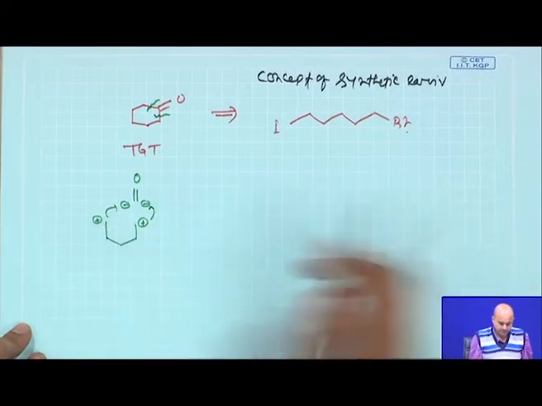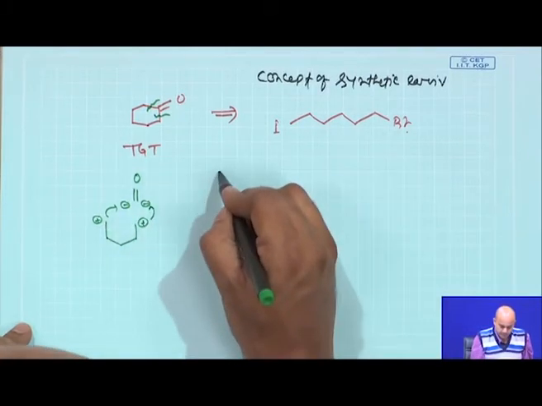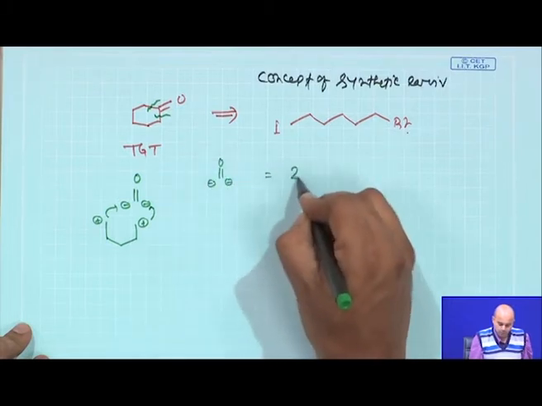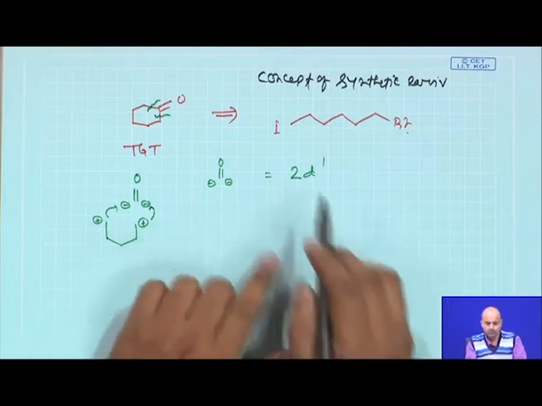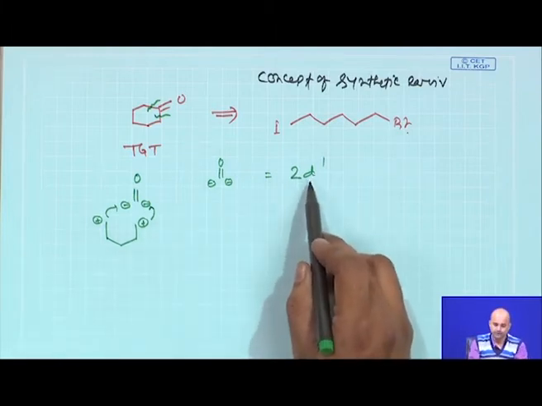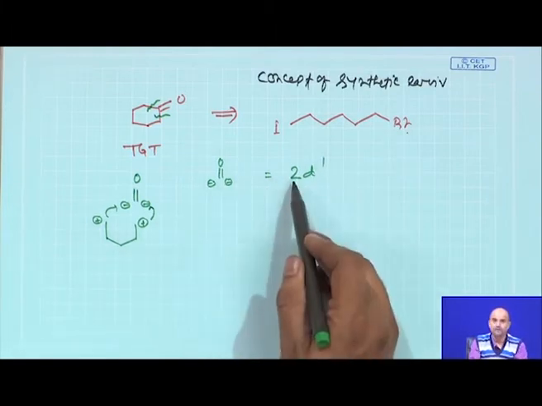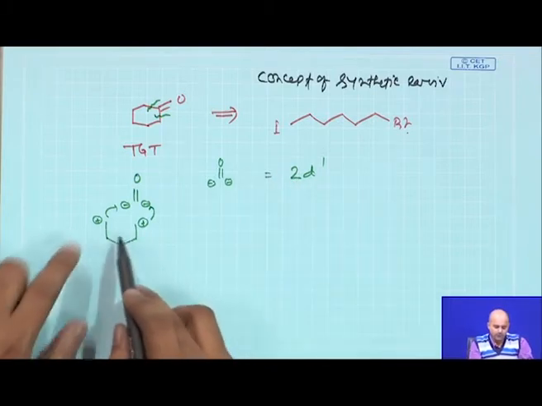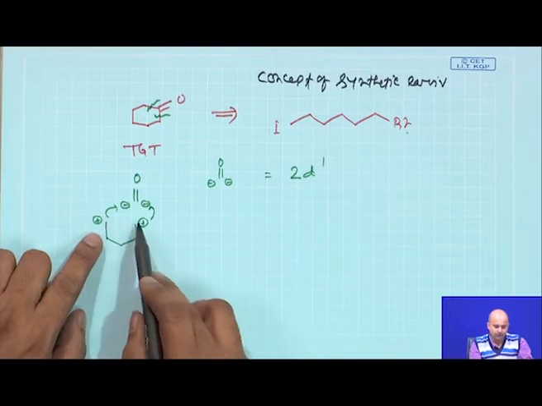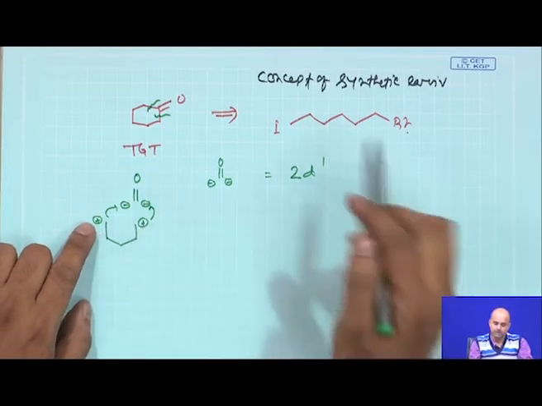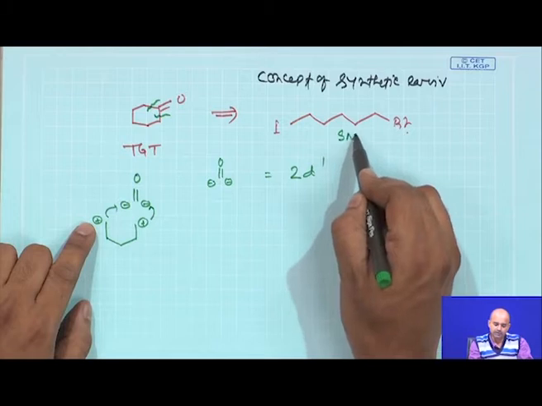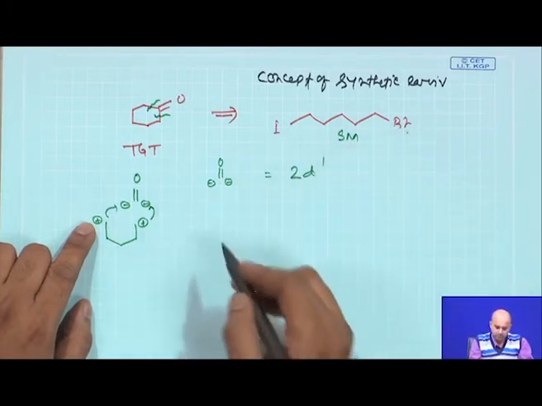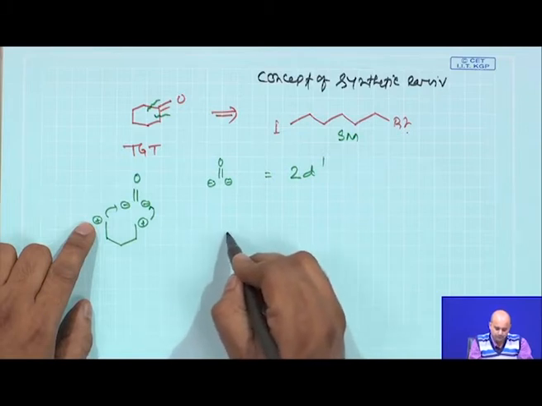Now, this particular species which I have drawn here is named a 2D1 species. D stands for donor, 1 for 1 carbon and 2 for doubly negative, that there are 2 negative charges. Now, if you correlate this to the C5 synthon which has a double positive charge, this is the starting material, with one end having iodo and one end having bromo. So, what exactly will you do in this synthesis?